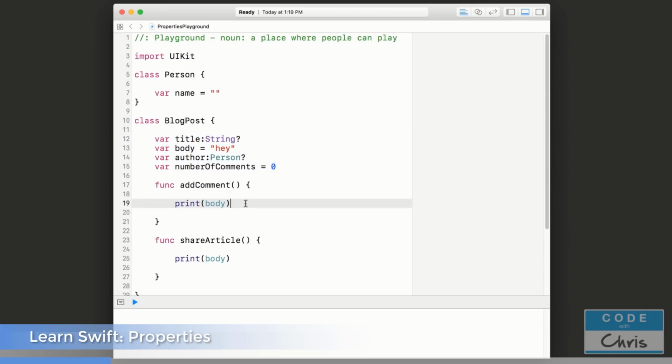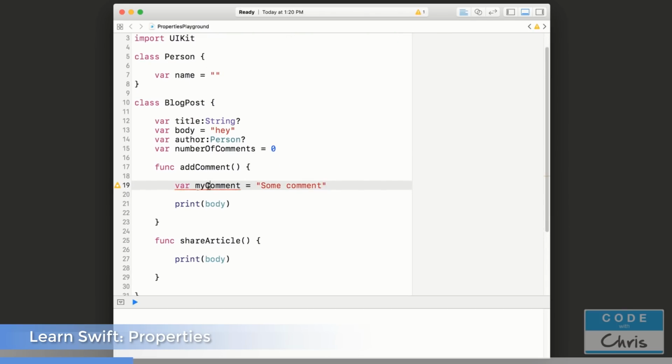However, if you declare a variable inside of a function, that is what's called a local variable, and the existence of that variable is limited to the scope of that function. So what that means in plain English is, if I declare a variable here, let's say var my comment equals, some comment like that, I would not be able to access this variable inside this function here. So if I try to print my comment,